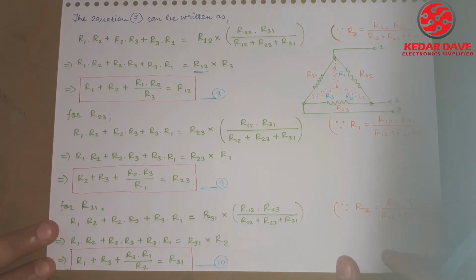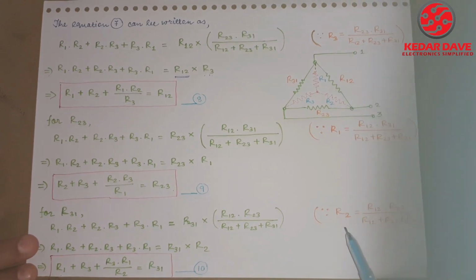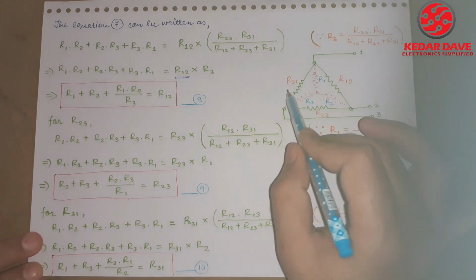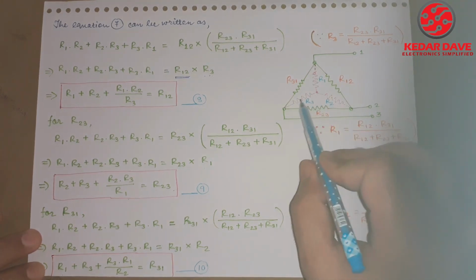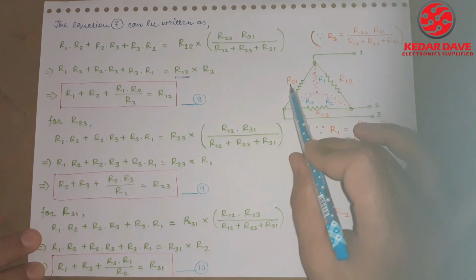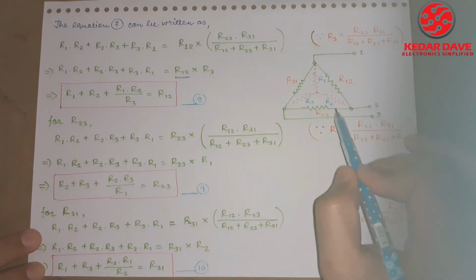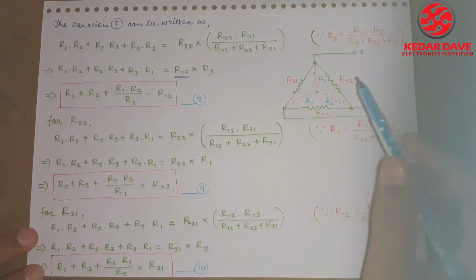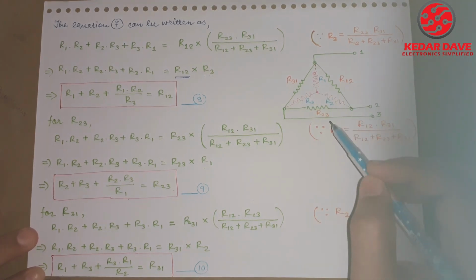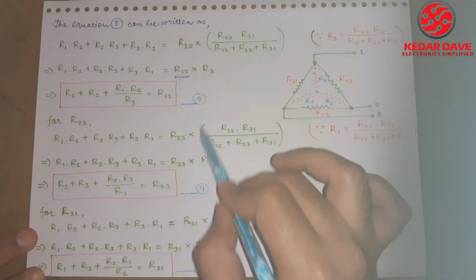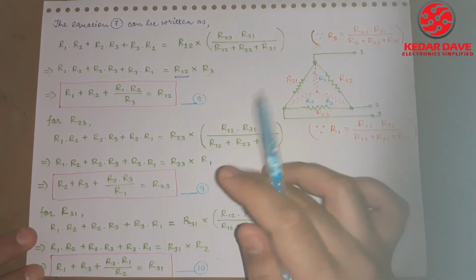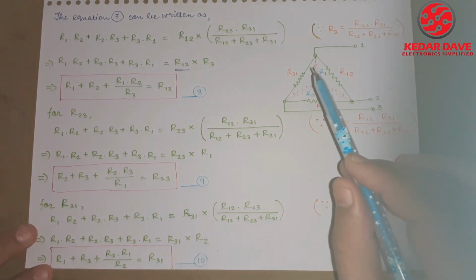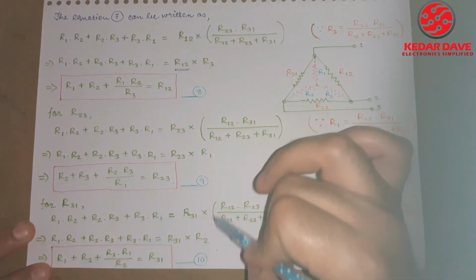This way the complete thing can be understood, and here you can see that the star can be converted to delta. This one was my basic star, and then we have converted that into the delta. So this way the complete star to delta transformation is possible. If you need to remember these equations, whenever you are referring to the transformation from star to delta, you will be able to find out how it can be done.